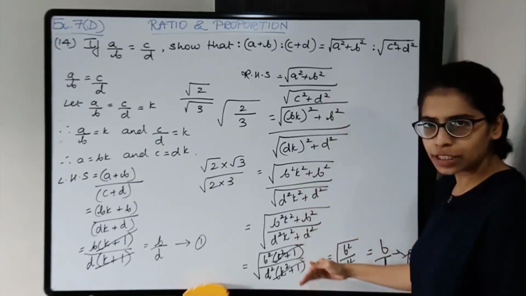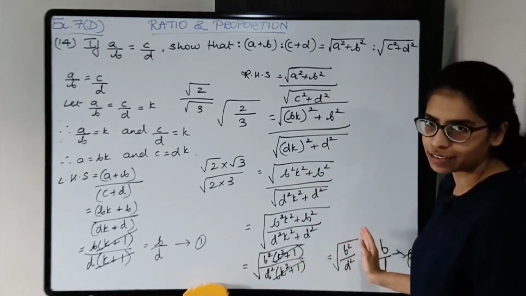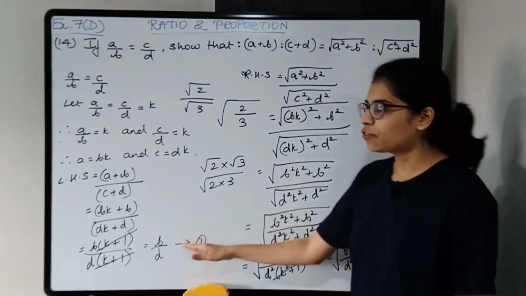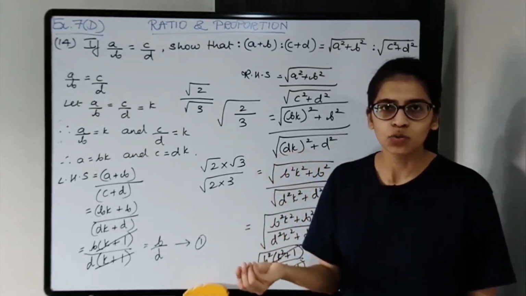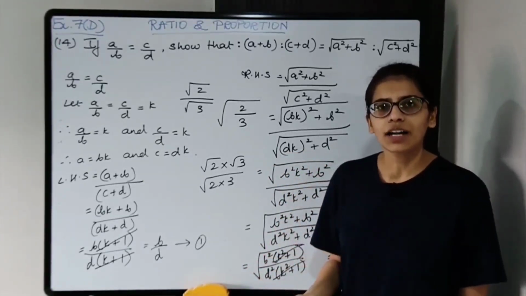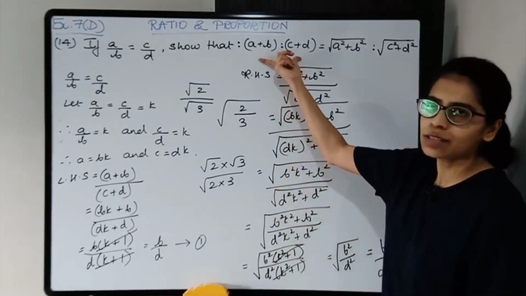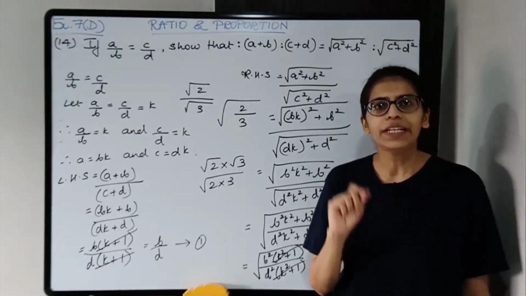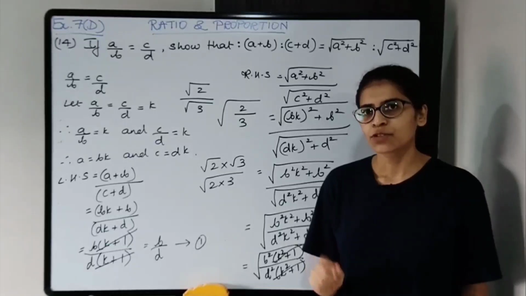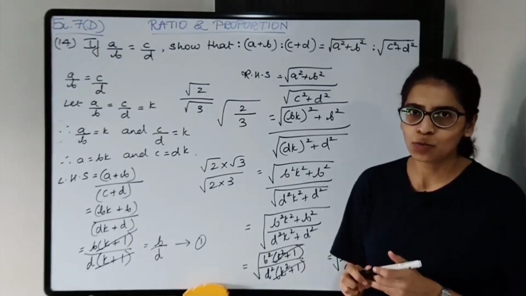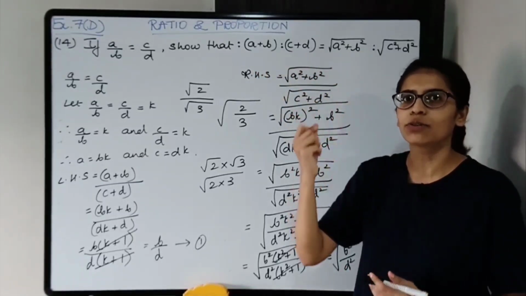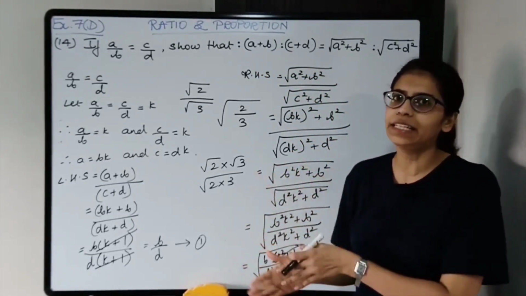Alright, you will solve vertically, students. I don't have space, so I have solved it like this. So you are getting B upon D. Mark this as 2. After this, you will write down, from 1 and 2, LHS is equal to RHS. Therefore, this is equal to this. Hence proved. Always complete the proof properly and end it with hence proved. Write down the complete LHS and the complete RHS.